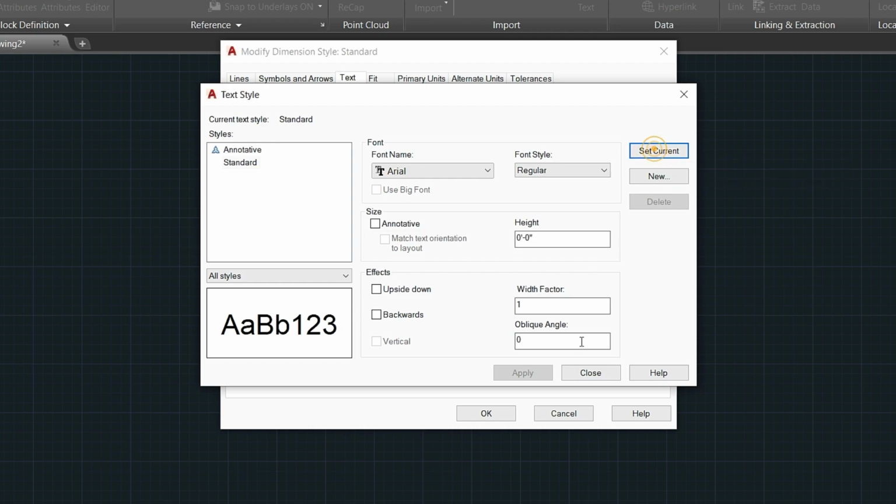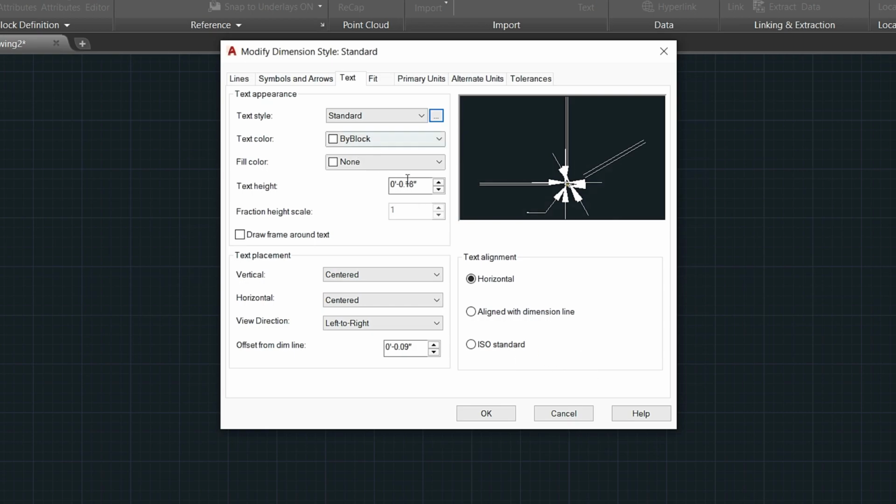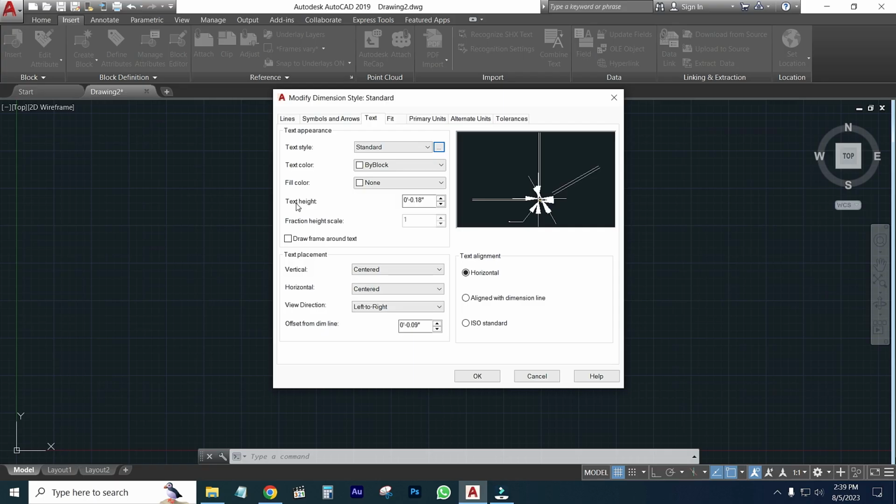You can change from here whatever you want. Then from here text height should be changed. I'm getting 1 feet. You can change it for your expectation. I'm changing it to 1 feet, and then offset from dim line 2 feet and click on aligned with